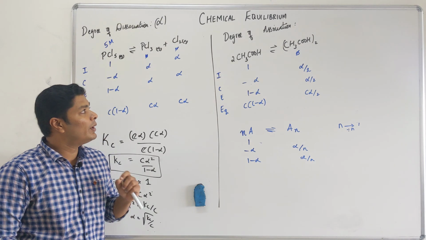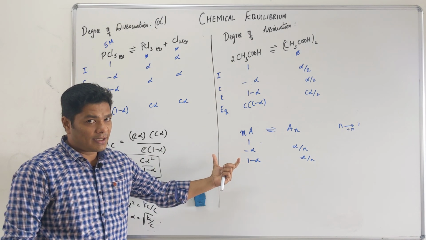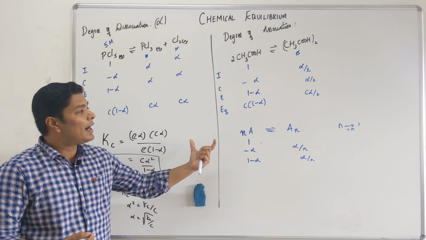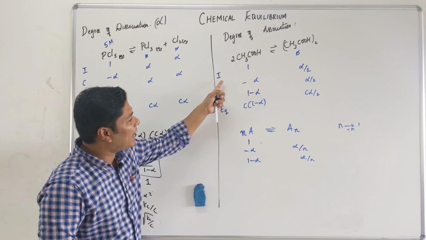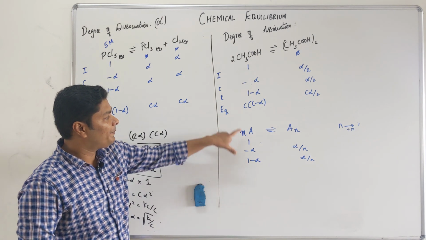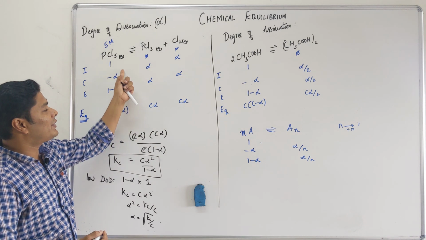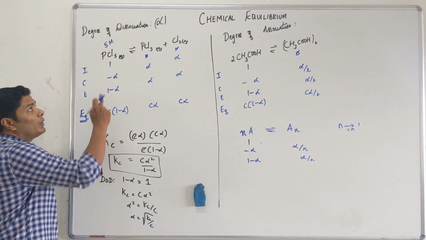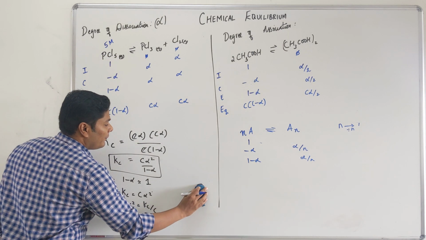Okay, this is how you do a degree of association and degree of dissociation problem. This is basic understanding. This is not enough to be able to solve problems. I will solve problems for you guys and also send you a worksheet to do. Make sure that you practice so that you don't write ICE anymore. In all the questions you have to jump straight to writing E: 1 minus alpha, alpha by 2. This is a waste of time and space. With practice you will get to write straight away. Once you see an equation, you should be able to write it. Okay, that's the way you want to do it.